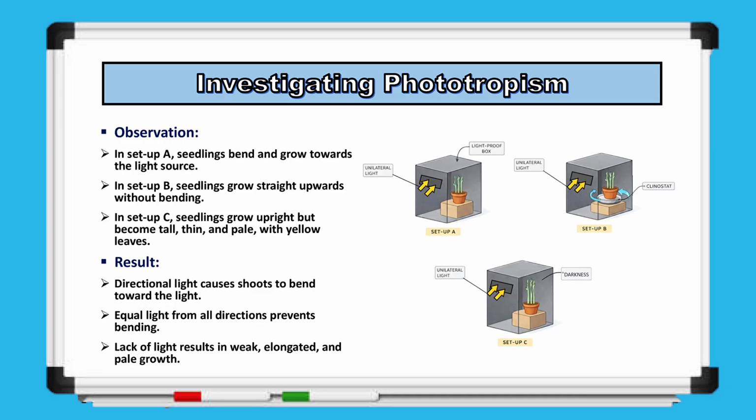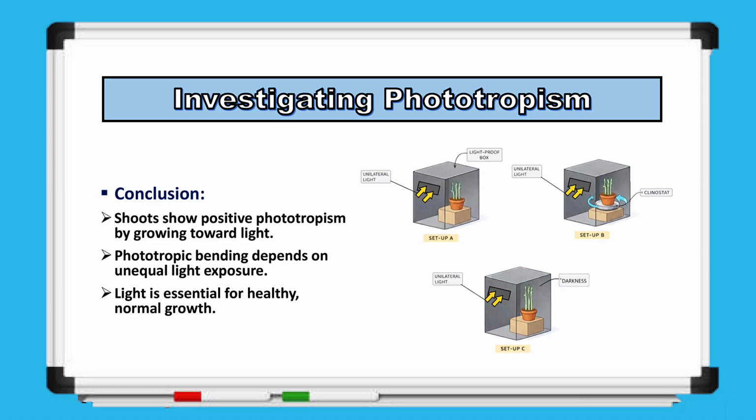The results demonstrate that directional light causes shoots to bend toward the light, showing positive phototropism. When light is evenly distributed from all directions, as in the clinostat, bending does not occur. Meanwhile, lack of light leads to weak, elongated growth with pale leaves, highlighting the importance of light for healthy plant development. In conclusion, the investigation of phototropism shows that shoots exhibit positive phototropism by bending and growing toward a light